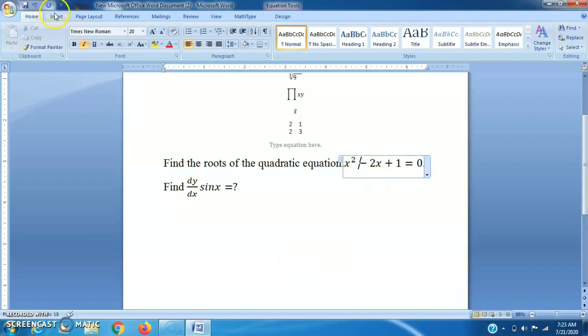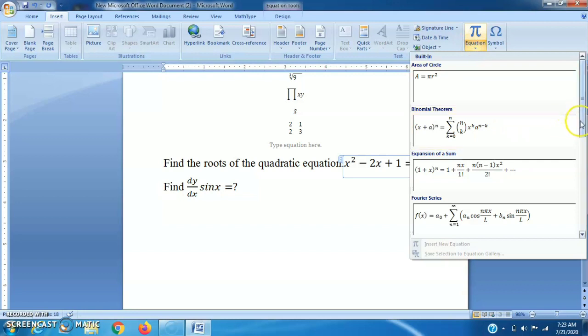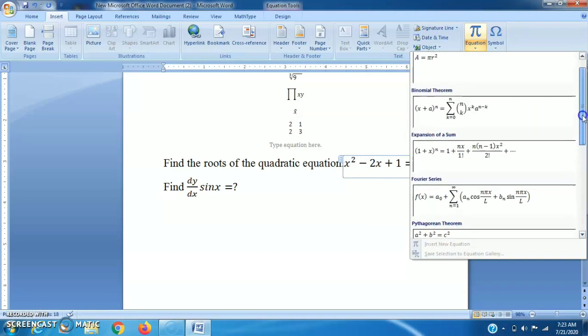Now we have seen there are some inbuilt equations. Now if there is some equation we are using frequently, and we don't want to type it again and again, then we can make it an inbuilt equation.